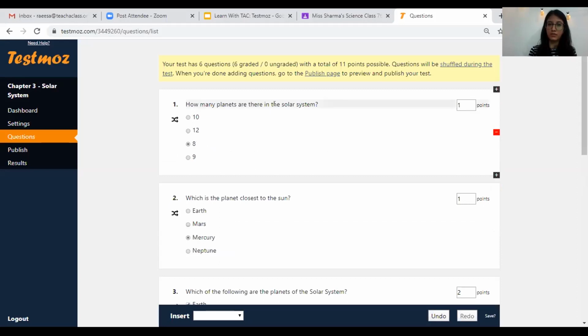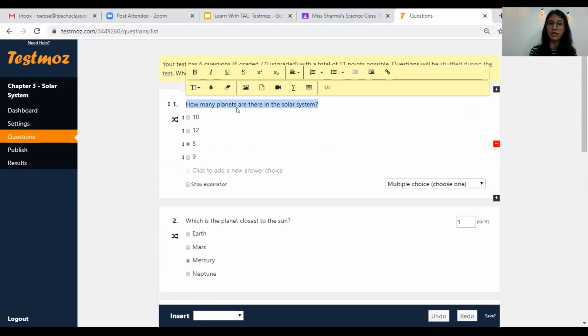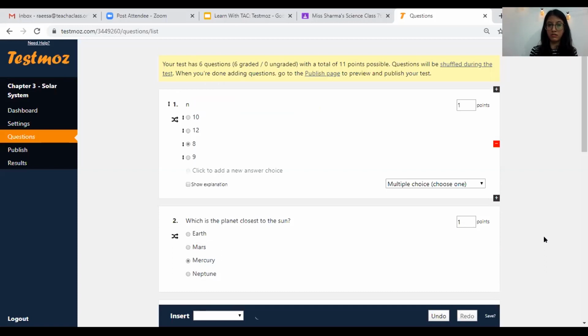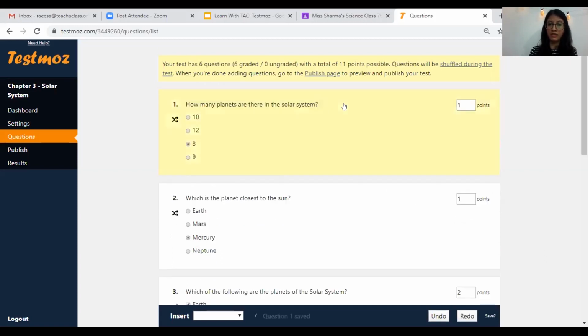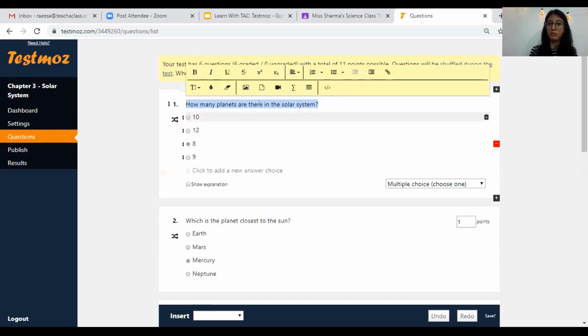So I'm going to edit my first question. When I click it, if you see the entire thing is blue, that means the entire question is selected. So if I start to type, it will erase my entire question. Now I will undo that. I will undo that and I'll go again. Now I'll wait for this blue thing to go by just clicking over there.